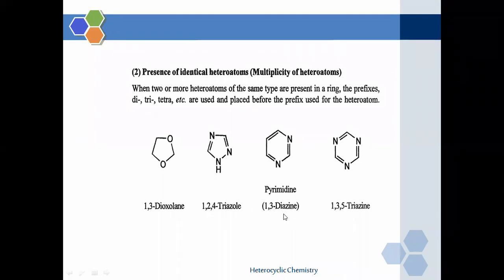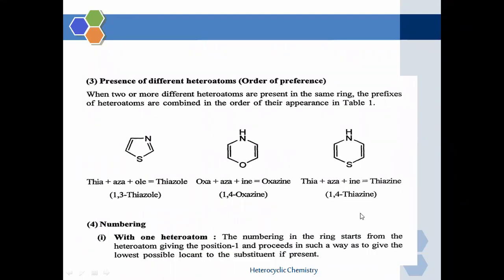But we are going to use the name which is in common use. It is pyrimidine. The next compound is 1,3,5-triazine. Multiple nitrogen atoms. Azine is the stem. Three nitrogen atoms. That's why the name of the compound is 1,3,5-triazine. This is about our rule number 1, which gives the information that the name of the compound is a combination of prefix and a stem.